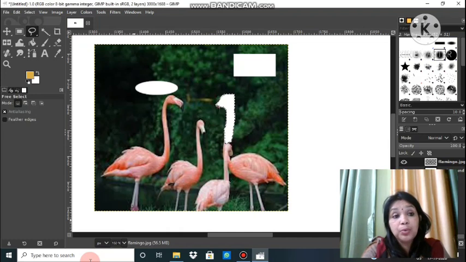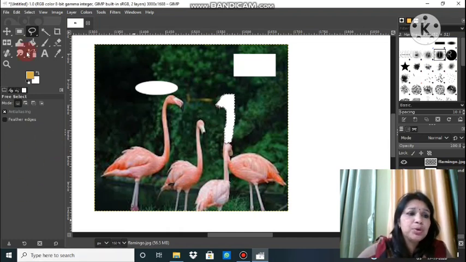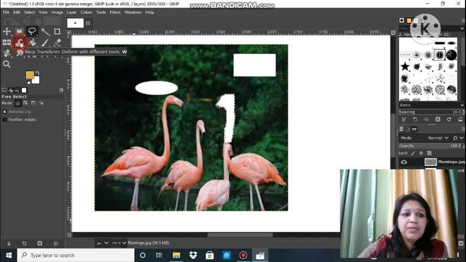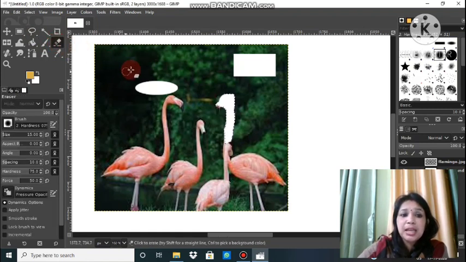So first you download, and only then will I start explaining layers and all. We have some more tools, like this flip tool. If you want to flip the image horizontally or vertically, I can use this one. Then we have this bucket fill tool. If you want to fill some color here, this tool can be used. This eraser tool can be used for erasing part of the image. This is a locked image, that's why it's not getting deleted. I'll show how to delete it.